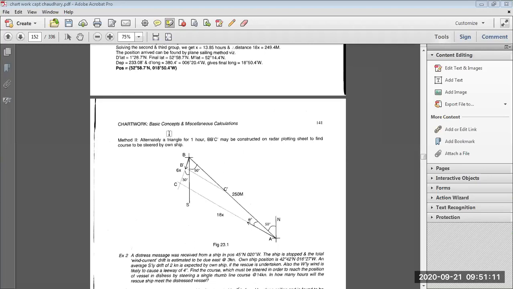And the same thing we can also plot by taking a scale and plotting directly on a rough paper or sheet. If we plot exactly by angle, like a radar plotting, then we can measure and get the angle. So this is how we are solving. Once we do some questions, it will be more clear.